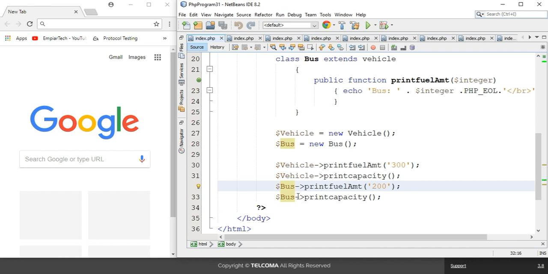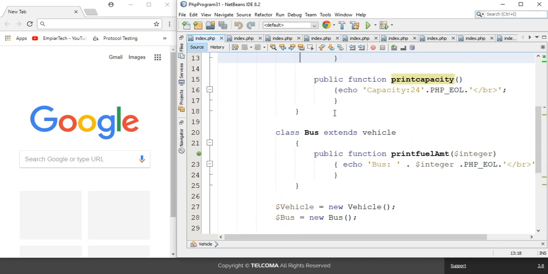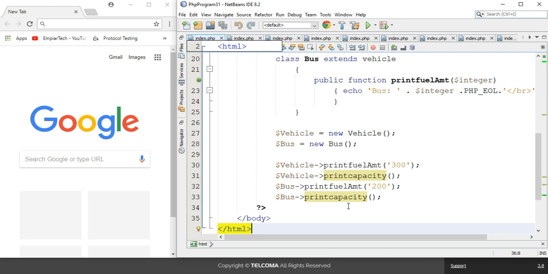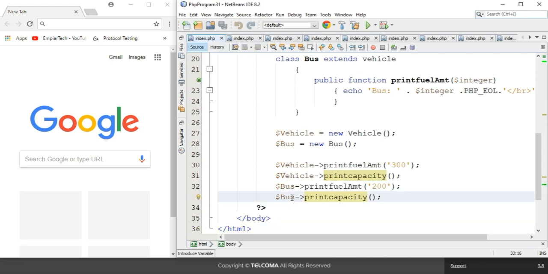And again the bus calls the function print capacity. But here we haven't defined any function named print capacity, so it is inheriting this property from the parent class. It is using the member function of the parent class, calling it through this child class object name.